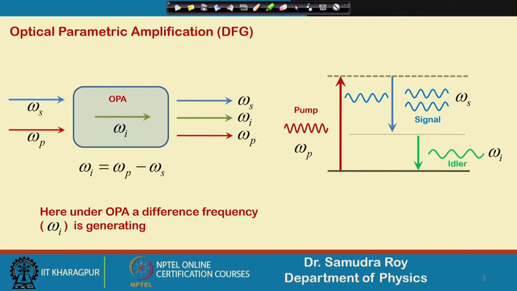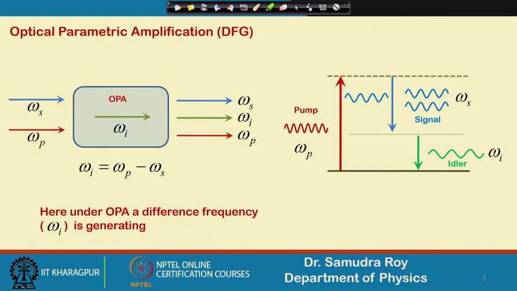So, omega s will amplify, omega i will be generated, and omega p, the pump here, we consider a strong pump, that means it will remain constant. This is the corresponding energy diagram, and it suggests that if a small amount of signal is there at the input,